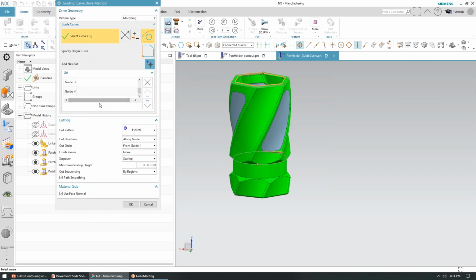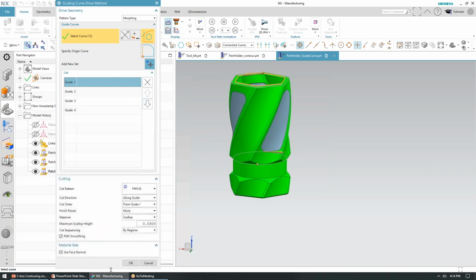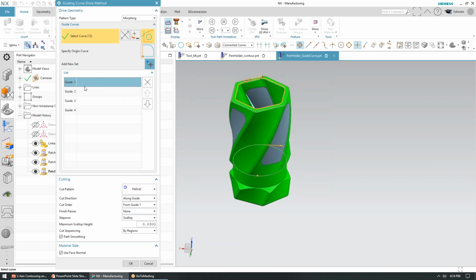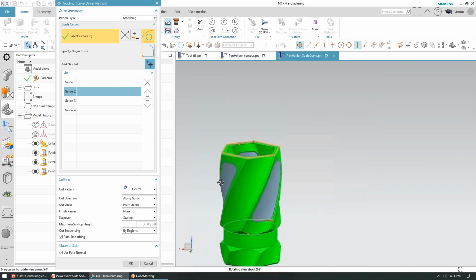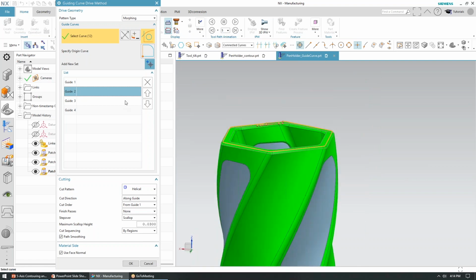Once again, use morphing. Extend this out. And so in the past, we used two guide curves, start and end points. With this one, we're going to use 4 different guide curves and essentially just kind of work our way down the part. Theoretically, morphing just needs a minimum of 2 guide curves. Constant offset needs 1 guide curve, and it'll start at that guide curve and just work its way at a constant offset. Morphing will take a minimum of 2 and just kind of morph in between or step over as it can